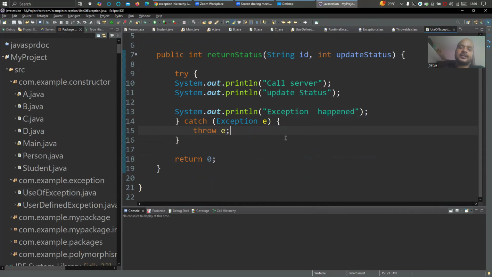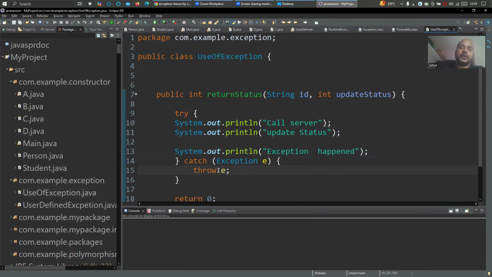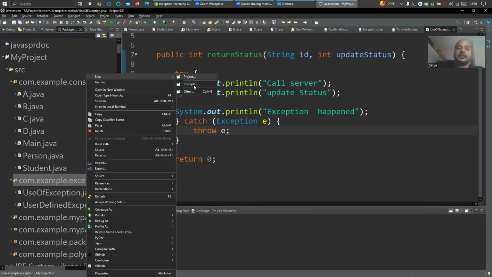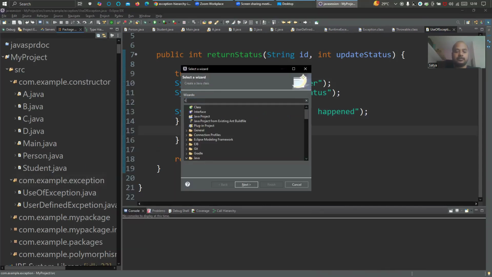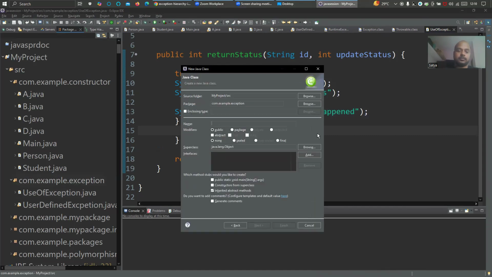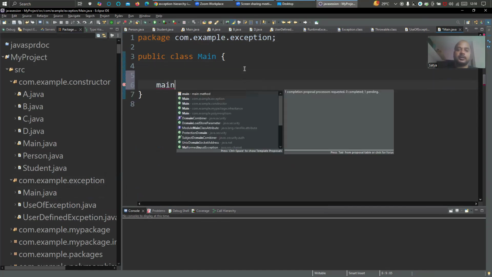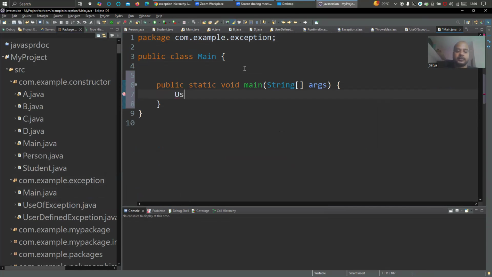So now who is going to catch this exception? See, I have written throw exception, right? Who is going to catch it? Or what happens when we do a throw exception without anything? Let's see that. Here I create one main class inside this package. In this main class main method, I will create use of exception class